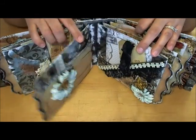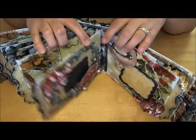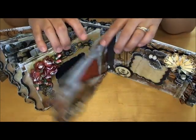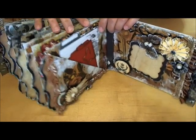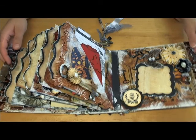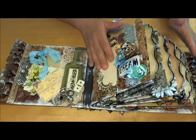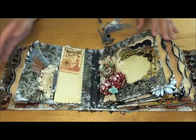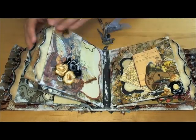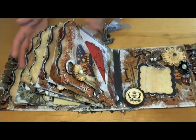Just going to flip it real quick. Okay, maybe I should have laid it down. And it lays pretty good. I mean, there's a lot of stuff in here, so it's not going to lay completely flat. One more time. Alright, so